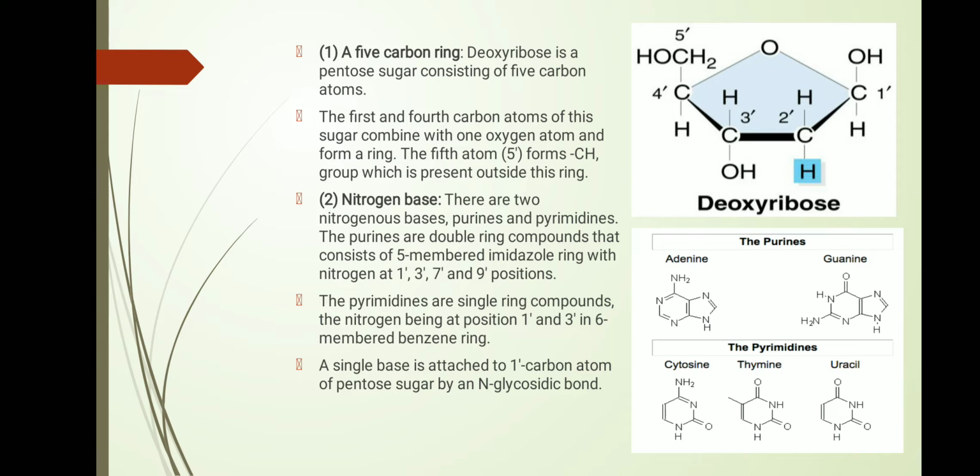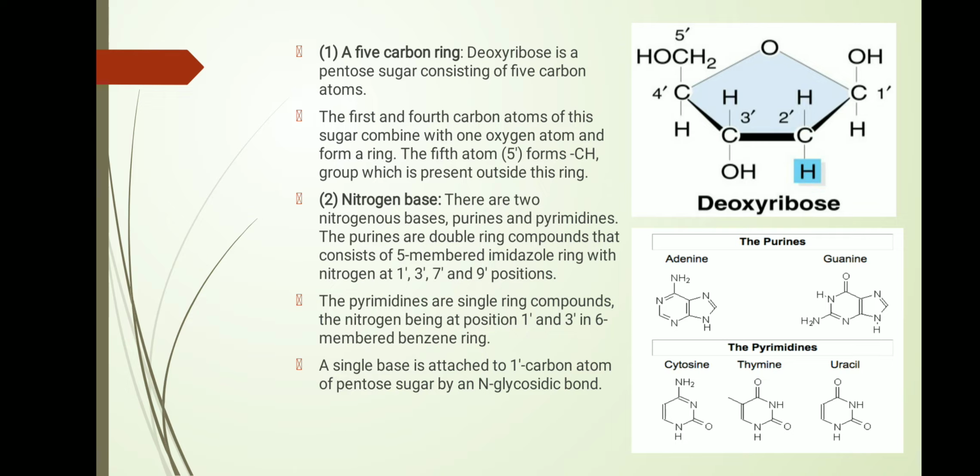In RNA, the pentose sugar is ribose and in DNA, the pentose sugar is deoxyribose. The ribose sugar is similar to deoxyribose except that a hydroxyl group is present instead of the hydrogen atom at the second carbon position. If a hydroxyl group is present at the second carbon position, this sugar is known as ribose sugar, and if a hydrogen atom is present at the second carbon position, the sugar is known as deoxyribose sugar. The absence of the hydroxyl group in DNA makes it more chemically stable than RNA.